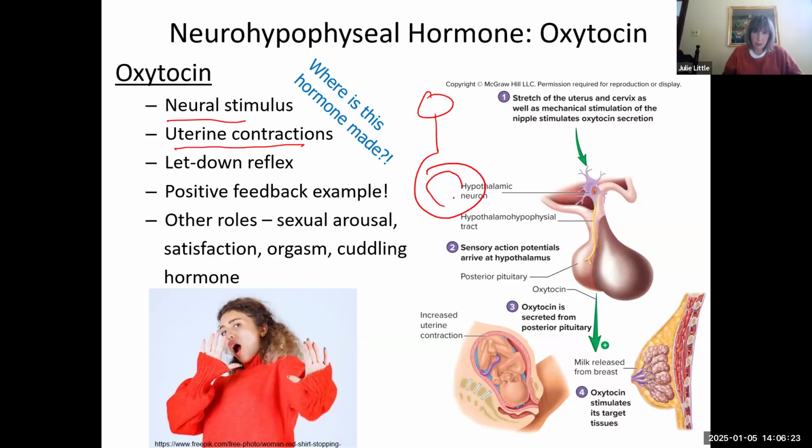Here's the uterus, a hollow organ. Here's a pretty baby in there. It's apparently going to be a breech. When we're pressing out on the uterine walls, at some point, this uterus just says, I'm done. And it sends a message up to the hypothalamus and it says, just do it. Just release the oxytocin. So the hypothalamus zaps the posterior pituitary, and the oxytocin goes to the uterus and causes